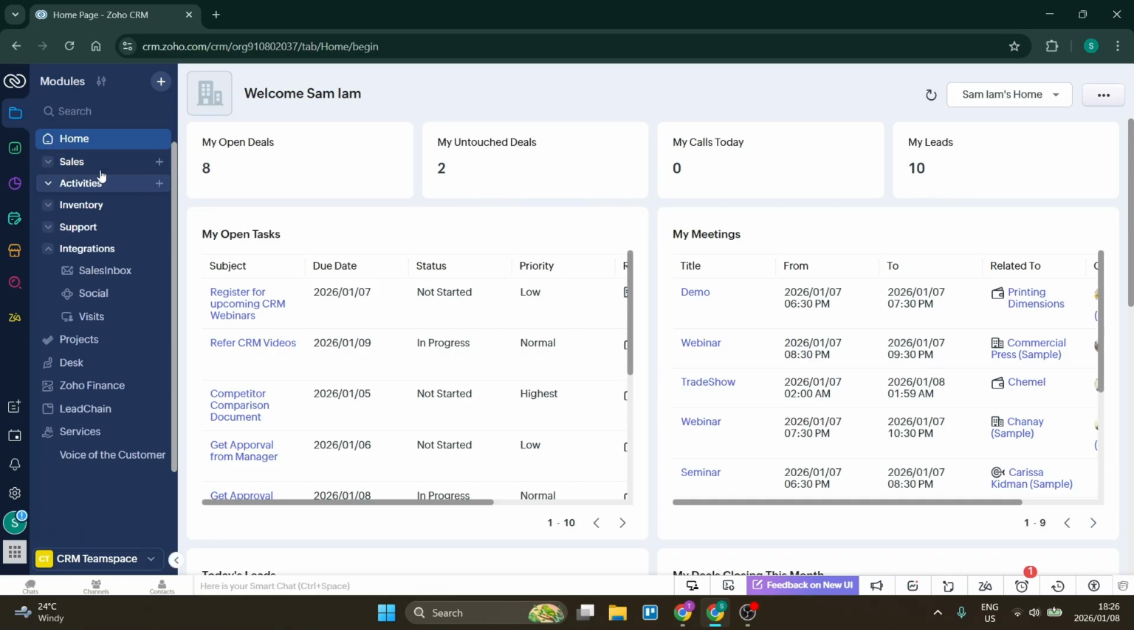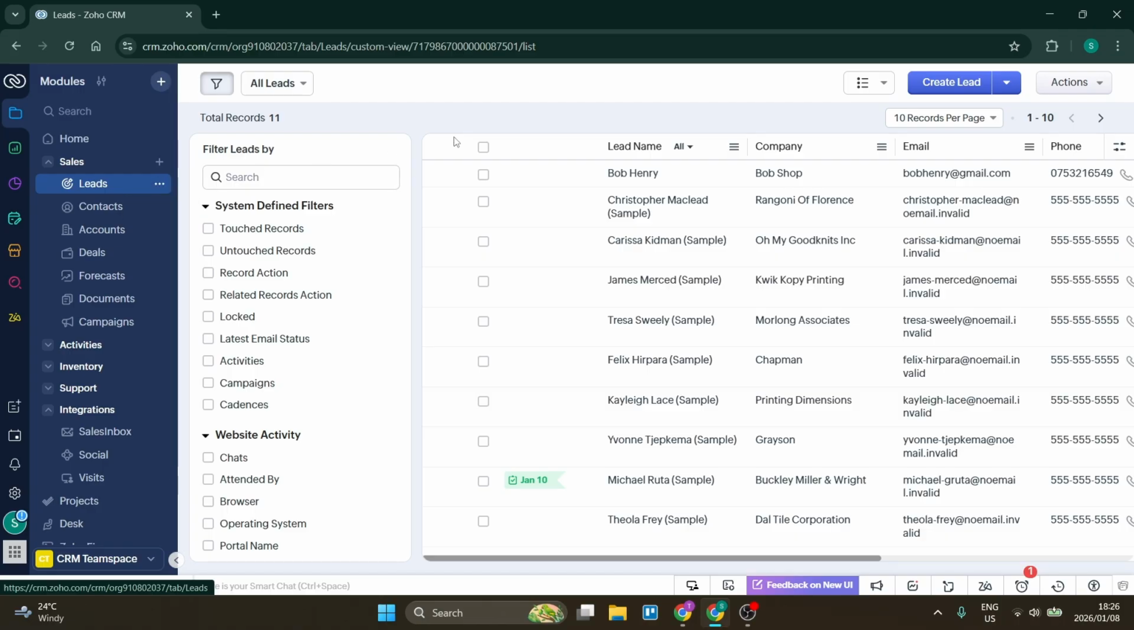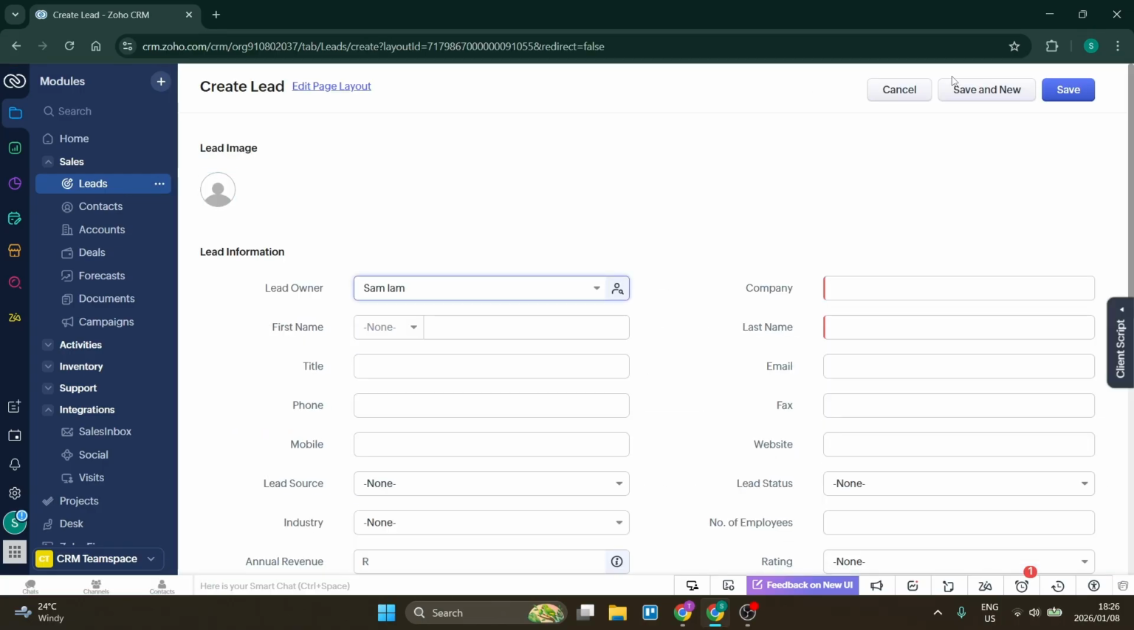You will see a sales icon over here. Use the drop-down menu to find leads. Now you can click on leads and you will see create lead. If you click on create lead, you will be able to add in an individual lead. This is fantastic if you just have one or two odd leads that you want to create,